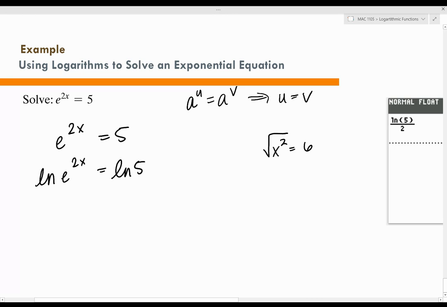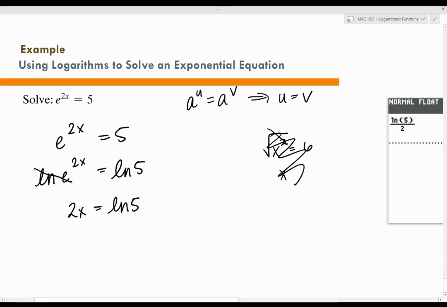That works because the square root and the second power are inverses. When you apply one to the other, they cancel each other out and you're left with x. The same thing is going to happen here. So when we take the natural log of e, that's going to cancel. It's going to go to 1,